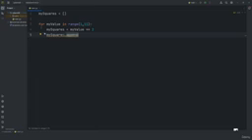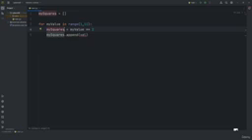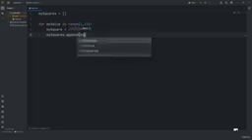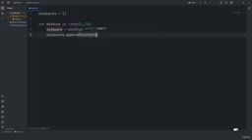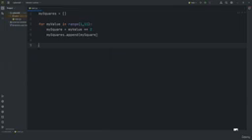Here my squares dot append my value. Then we will change it: my square equals my value double asterisk 2, and here we will use my squares dot append my square, and that's it. And after that, of course, we will need to print the squares here,